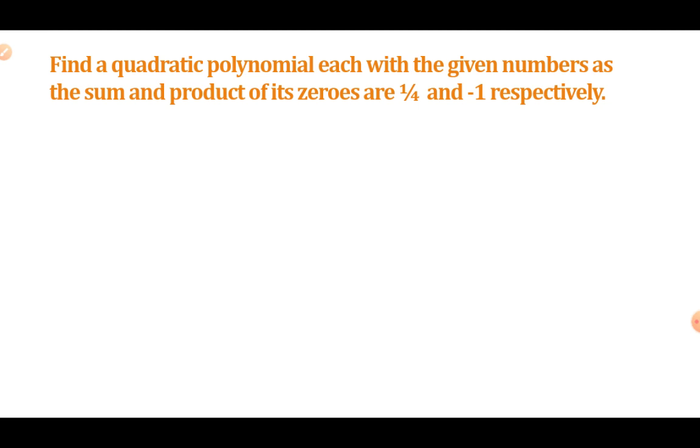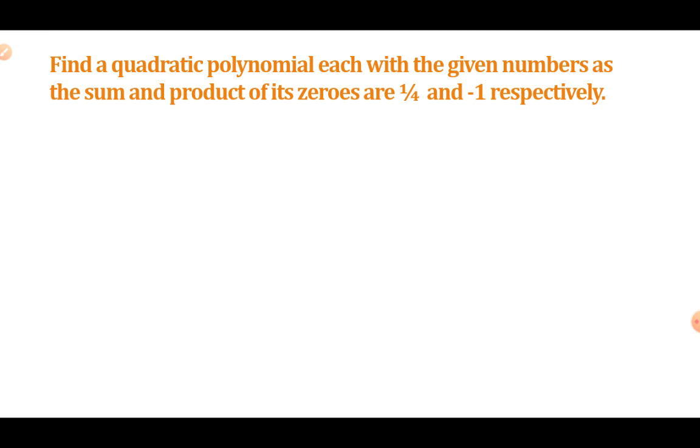So here we'll be understanding how to form a quadratic equation by knowing the sum of the roots and the product of the roots. Sum of zeros and product of zeros are given and we need to form the quadratic equation itself. In the previous section we had the quadratic equation, and from that we verified the relation that sum of zeros, that is alpha plus beta, equals minus b by a, and product of zeros, that is alpha into beta, equals c by a. In this section we'll be using it to form the quadratic equation.